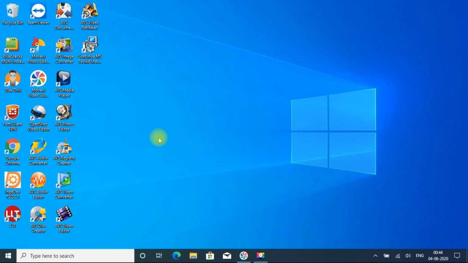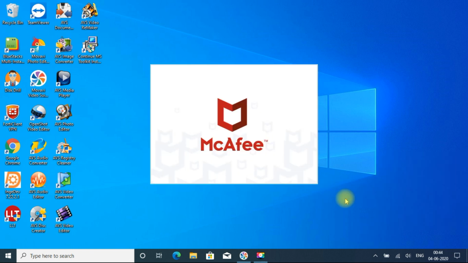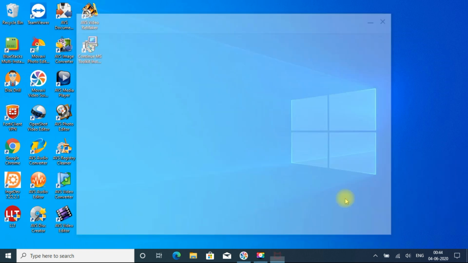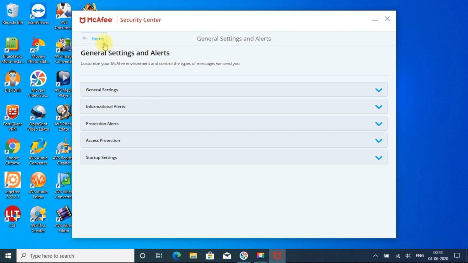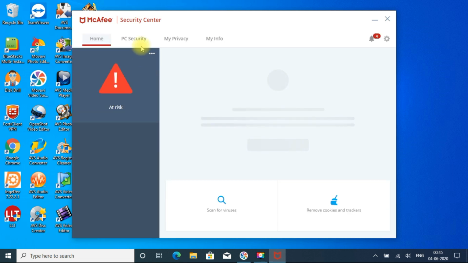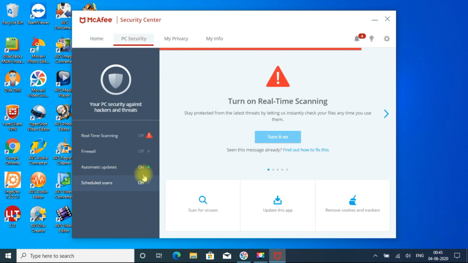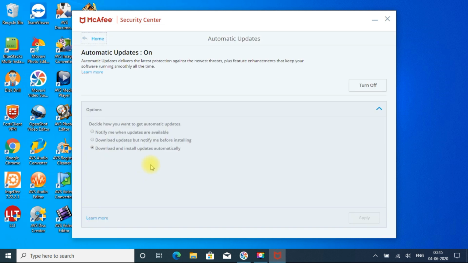Now we have disabled all the services, and you can do one more thing also. Go to Settings and view all settings. Then go to Home and PC Security. Here Automatic Updates are there.